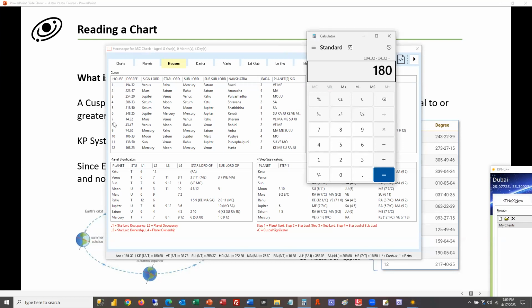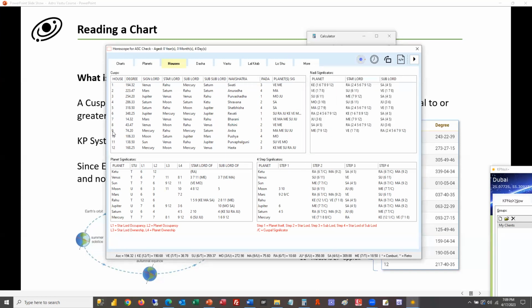I take the fifth house. So from here, 1, 2, 3, 4, 5, meaning the 11th house. The fifth house starts at 318.5. This is 138.5. So I subtract this, I will get 180, correct? So you can notice here that two houses will be of the same size. So 2 into 6, that is equal to 12 houses. Whichever house you take, the one opposite will be of the same size.